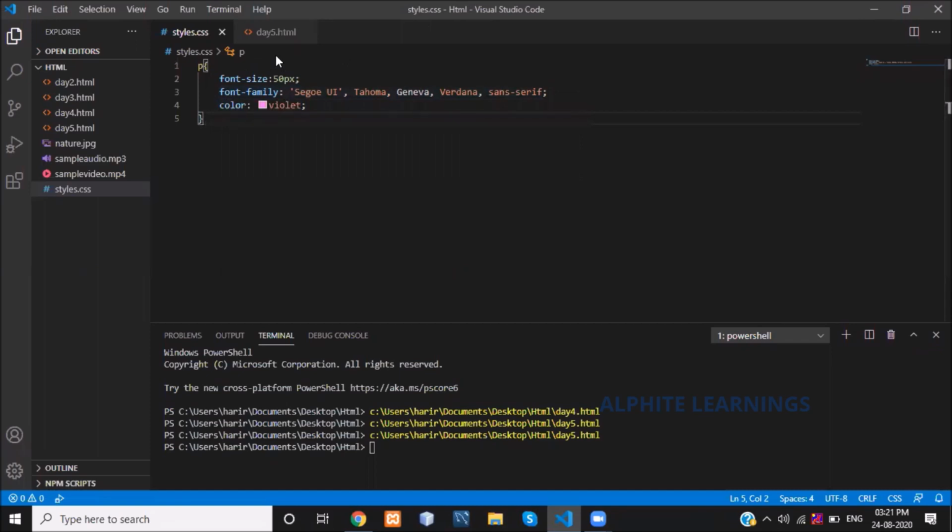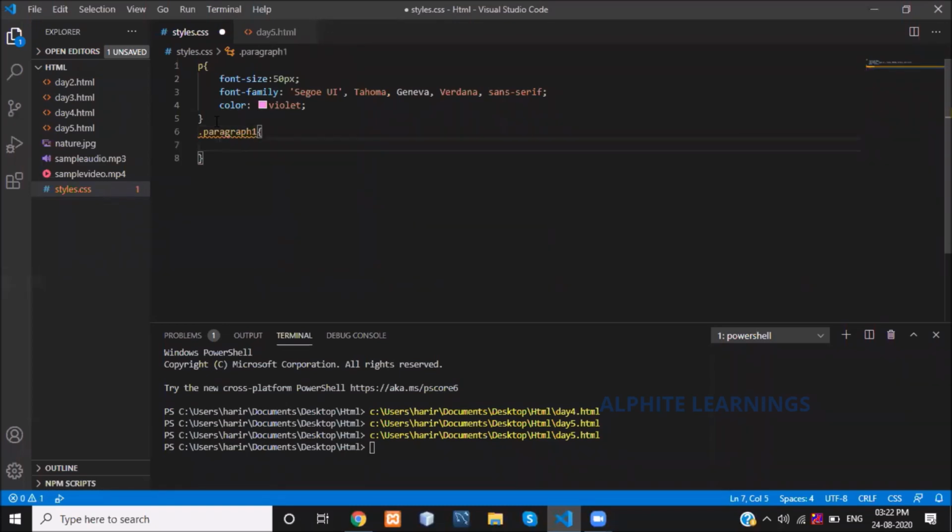For this, in the next line, I'm going to create a class here. What is a class? I will explain further. First, I am giving a dot here. Then I'm giving whatever name you want. Just I am giving paragraph 1.